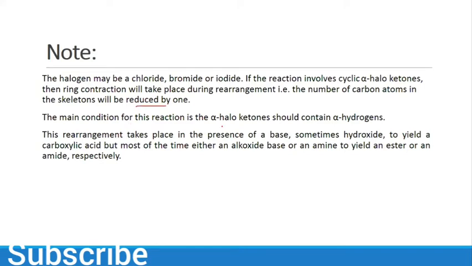What does it mean? If you have a cyclic compound, like a 6-member ring of alpha haloketone, I will show you what it looks like. Then we have ring contraction. Then we have 5 in our product. But if we have a non-cyclic, which I showed you in my previous example, the number of carbons will remain the same. It is only in the case of cyclic compounds, like if they have some benzene ring or some other ring. So the cyclic compound will reduce to 5. If we have 6-member, we have then at the end product a 5-member ring.